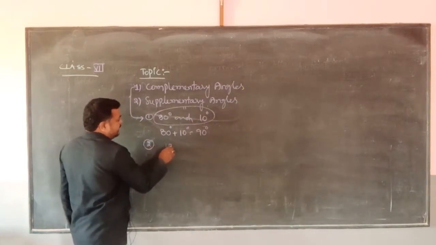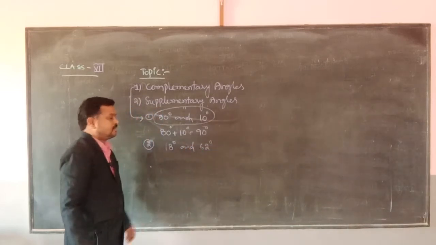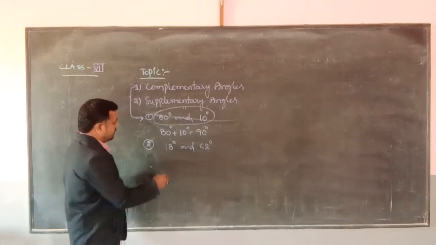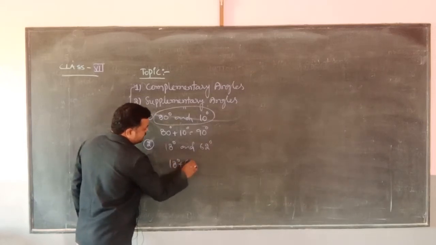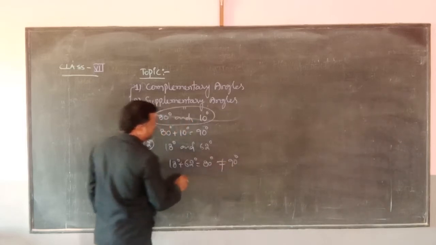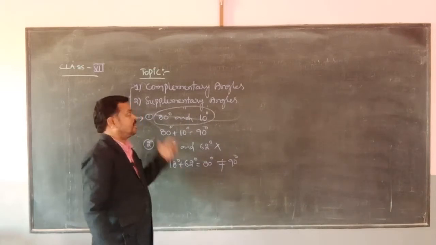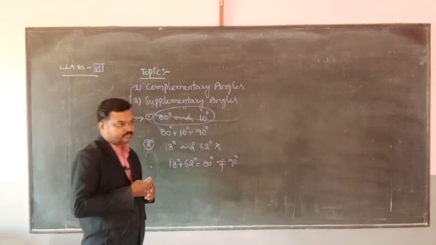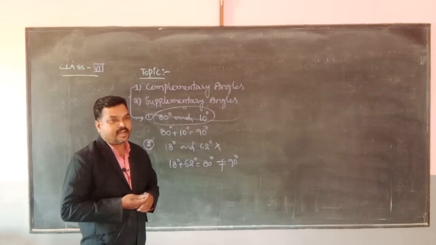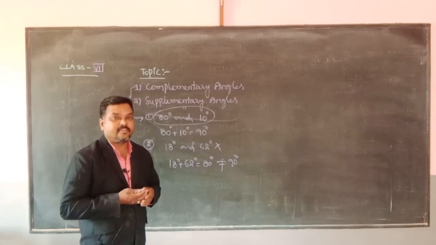One more, 18 degrees and 62 degrees. Are 18 degrees and 62 degrees complementary angles? No. 18 degrees plus 62 degrees is equal to 80 degrees. This is not equal to 90 degrees. So 18 and 62 degrees are not complementary angles. On this concept they will ask questions. They will give one of the angles, and we have to find the complementary angle of the given angle. Otherwise, if two complementary angles are equal to each other,